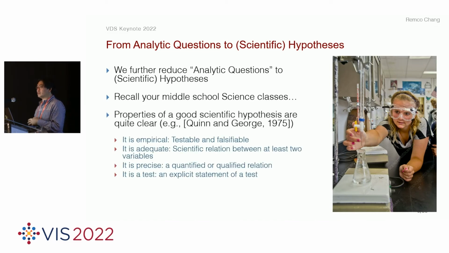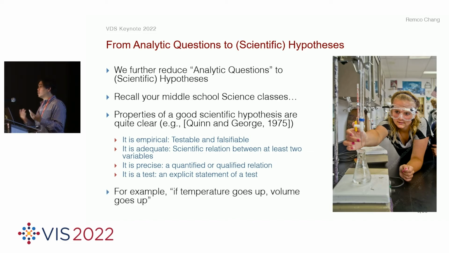And it turns out that the properties of a good scientific hypothesis are quite clear. People have been studying these for decades. So we got this particular article from a science education venue where they talk about a good scientific hypothesis being testable and falsifiable, that is a relationship between at least two variables, and it has to be a quantified or qualified relation. And finally, it is something where you have a statement of how you would test this particular statement,